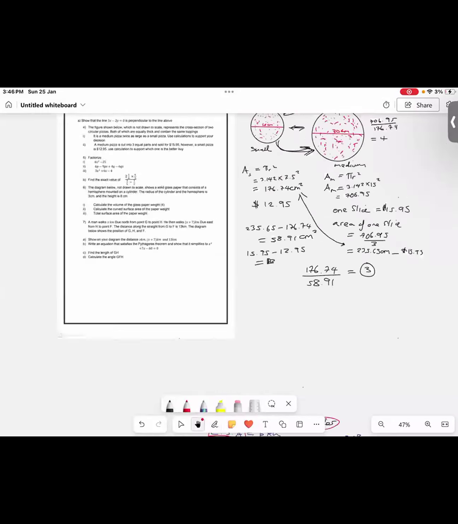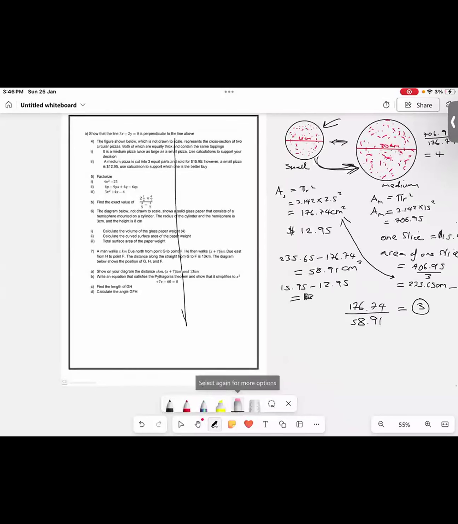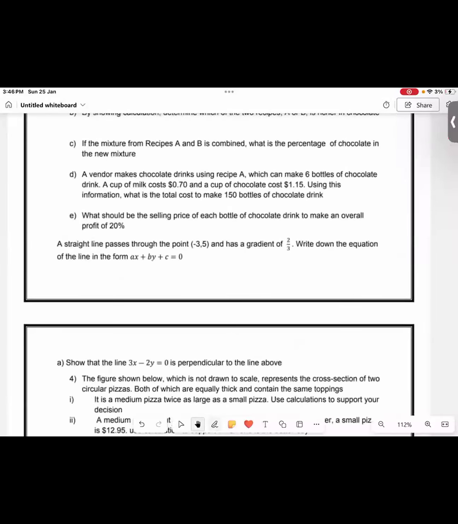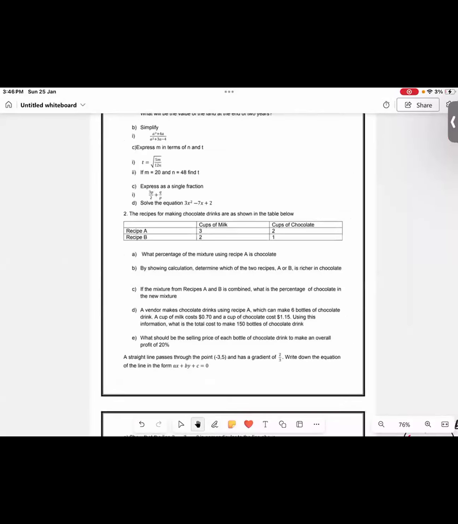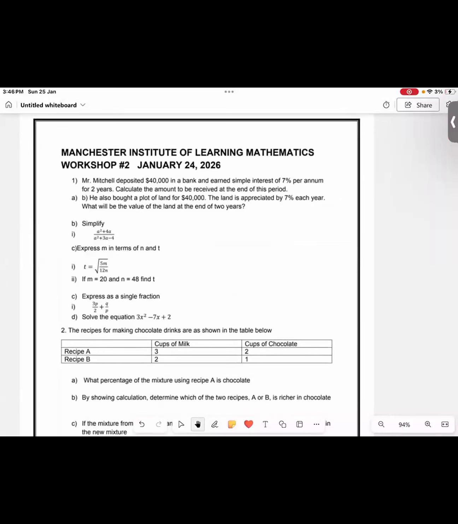So I worked a few questions with you. The time that we have on Sundays is not enough to work a whole paper, but we still have the practice paper, and that's important. So we can always work on them on our own, or you can work them and send them to me and I'll look at them. You have these questions up here to do. These are some nice ones as well. You can attempt those. Here's a worded question, number 1.